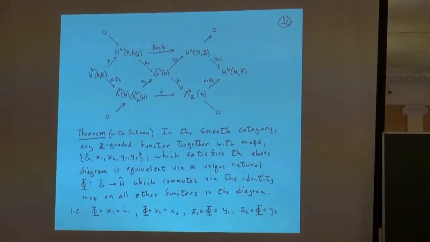And not only that, the ring structure, which I don't mention here, is also unique. There's only one ring structure which would fit with the obvious multiplications of the guys inside and so on. So there's only one ring structure. There's only one such functor. So maybe, and I won't go through the proof, maybe tomorrow